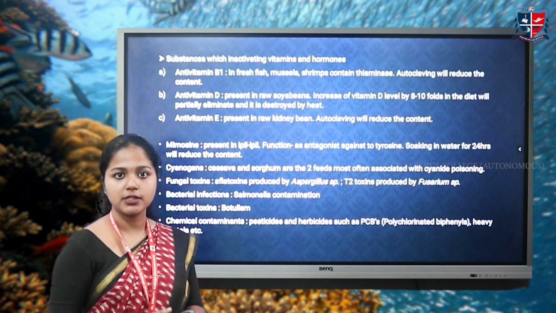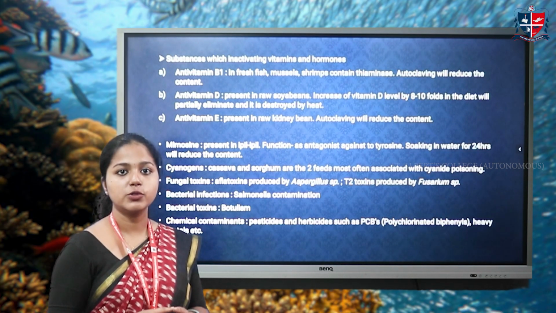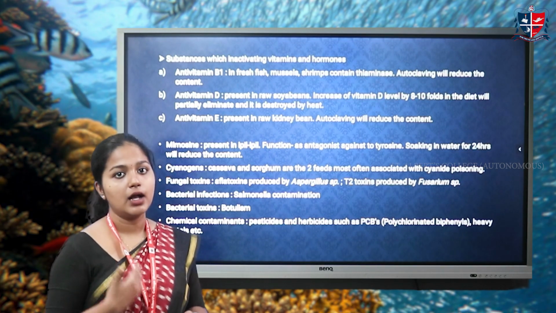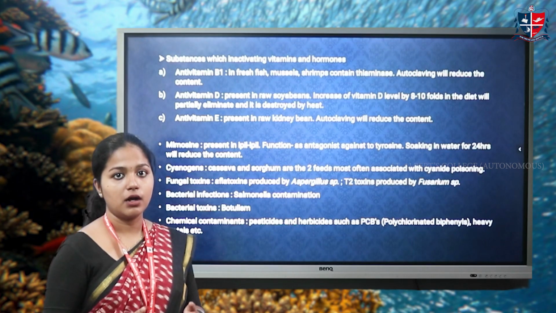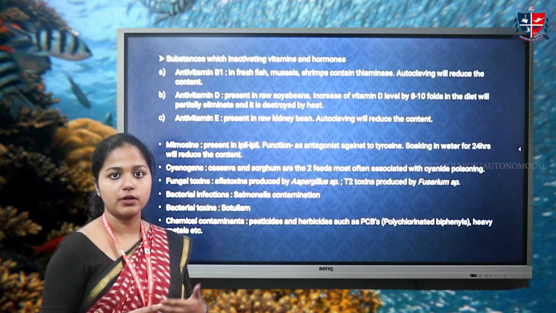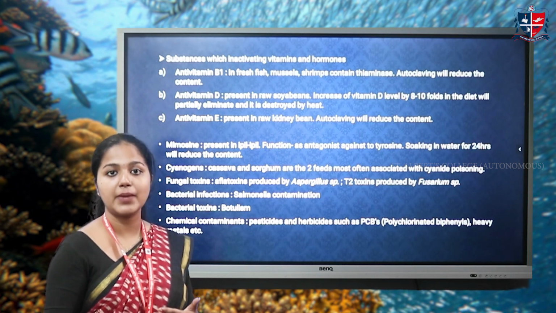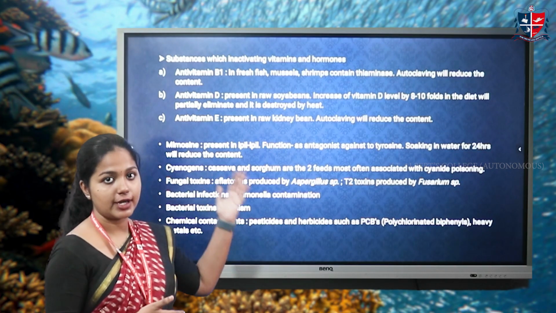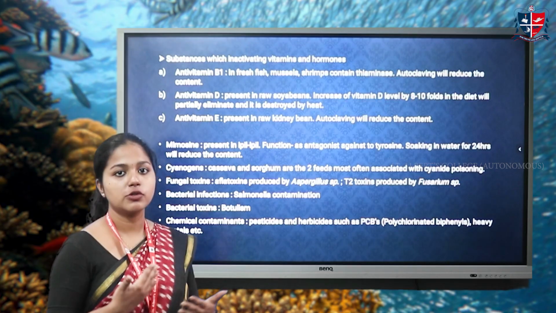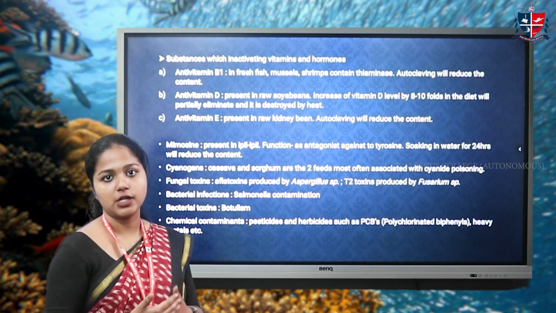These anti-nutritional factors, also known as anti-metabolites, are mostly of plant origin, and we need to prevent such toxins or anti-metabolites by the application of heat, or by soaking in water, or by giving them antagonistic properties of vitamins. Like for anti-vitamin D we will give vitamin D, and for anti-vitamin B1 we will give thiaminase enzymes. In this way we need to prevent and avoid such factors and toxins from the feed.